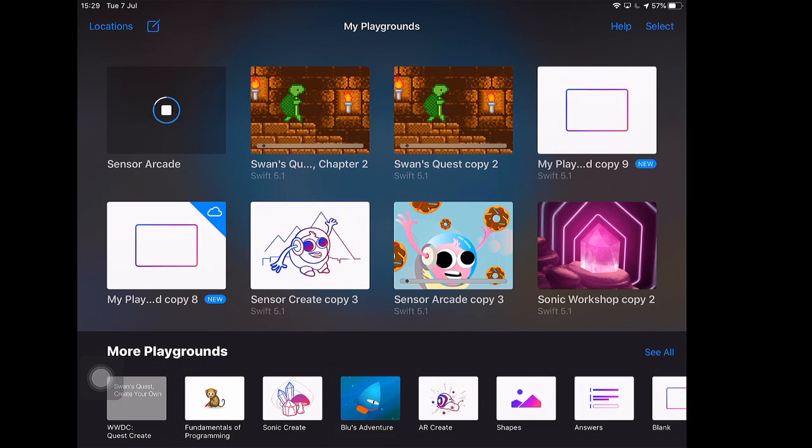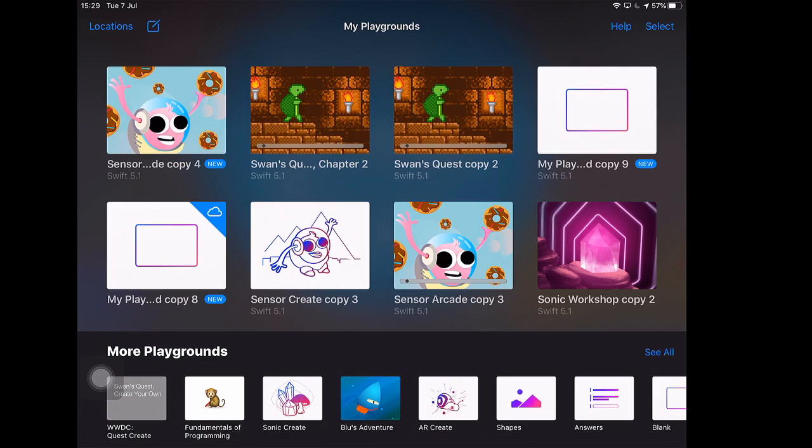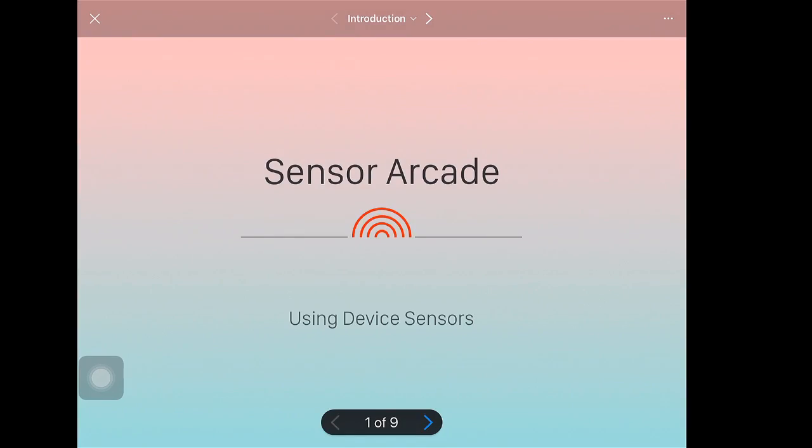Almost there. It's coming. And like I was talking about earlier, this is the playground where we get to really use all the sensors on an iPad. All right, so now that it's downloaded, we're going to tap on it and we're going to open it up. And we have a little introduction. So it tells us all about using device sensors. And if we scroll through,